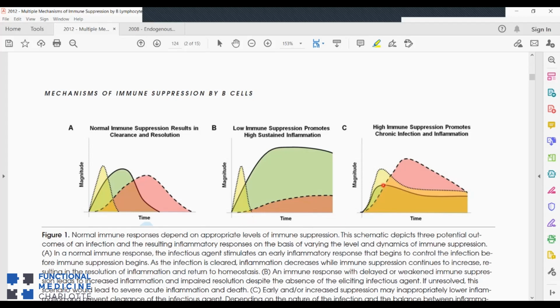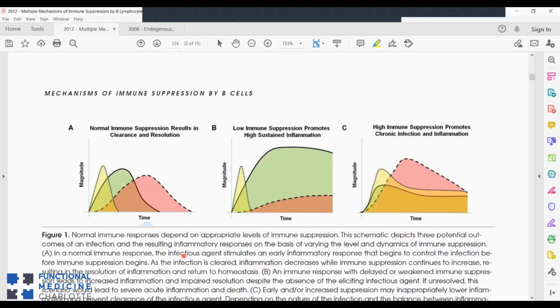So if we're starting a resolution phase too soon, we can't mount the appropriate pro-inflammatory response to get on top of the virus or the infection or the tissue damage or whatever it is. And so now the infection is allowed to persist, and chronic infection due to chronic immune suppression of our anti-infection defenses